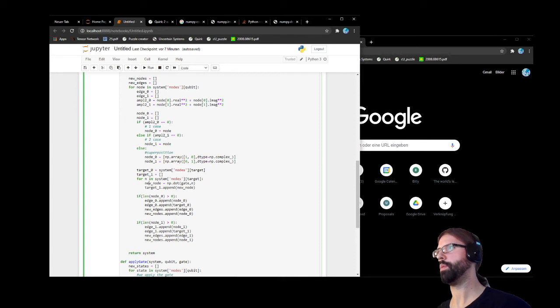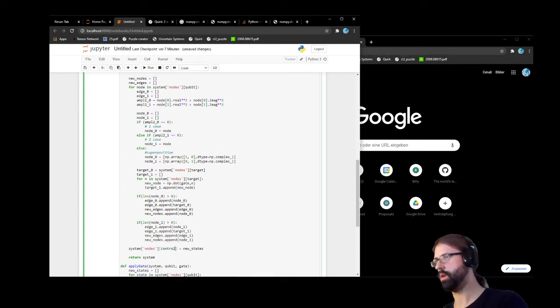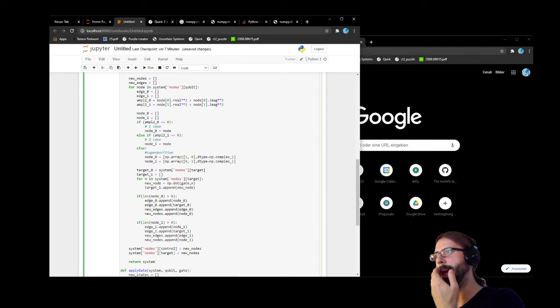They replace the target nodes, and new nodes is basically the new controls, right? So what the system is supposed to do is that for the control, we assign the new nodes. For the target, we assign basically